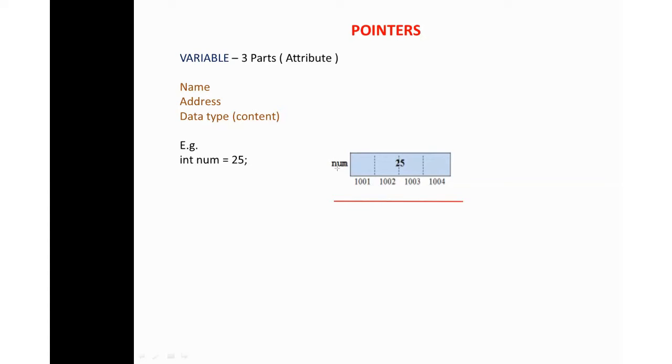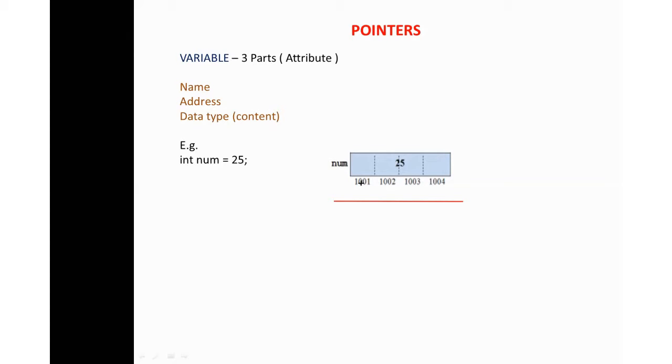That is your variable name, that is num. It has the address, that is, in one particular address it will be stored. As it is integer, an integer occupies 4 bytes in the memory. So 4 bytes are represented as 4 cells. Each cell carries 1 byte, and for each cell there is an address.